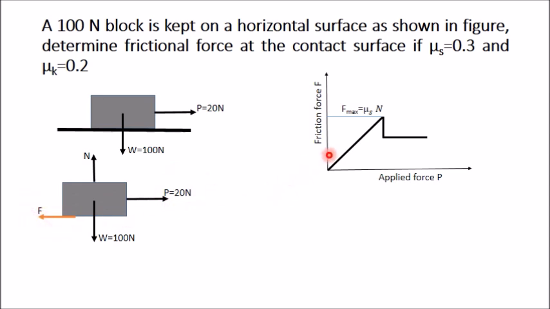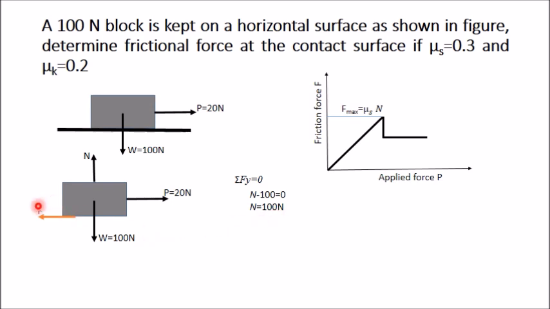So for that, first determine what is the maximum value of friction force that can act here. For that, you can apply this equation sigma Fy equal to 0. That means all the forces along y direction should be equal to 0. This is valid even if this block is not in equilibrium, because if block moves, it will move in x direction only. So there will be no motion along the y direction, and therefore all the forces along y direction should be 0. So according to this relation, you can get normal reaction which is equal to 100 Newton.